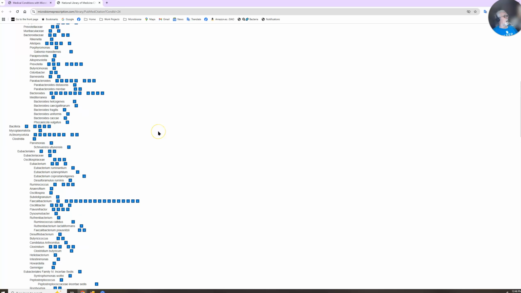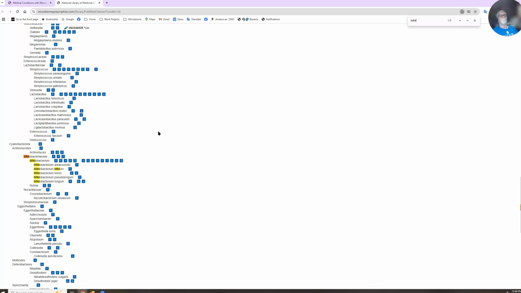We can also go up and within the page just look for something like Bifido. And there we see which ones. Hey, interesting. We see adolescentis and Bifidum all reported high. However, Breve is low, which means Breve is a natural first choice, and Longum is another one which, well, two of the three cases is low. And if you may remember, Bifidobacterium was one of those which we saw on our prior screen.